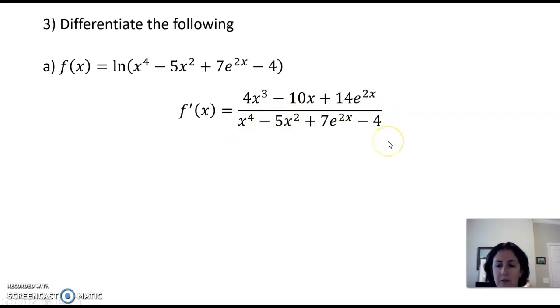So we get 4x cubed minus 10x plus that 7 times 2 gives me 14 e to the 2x over that entire inside function. If we wanted to find the derivative of g of x equals 4e to the 2x cubed minus the natural log of 2x,